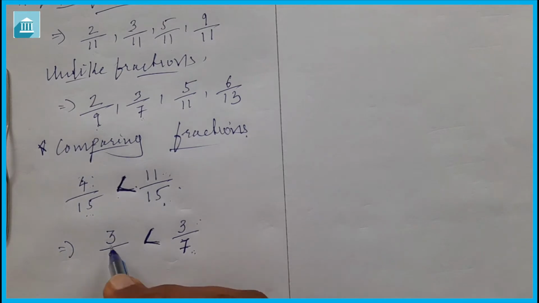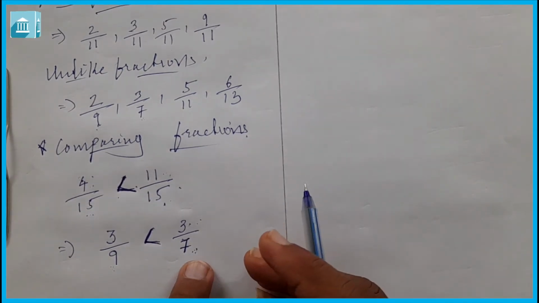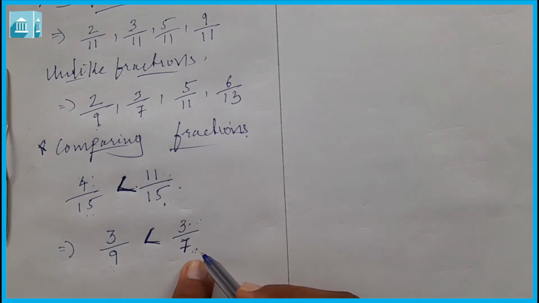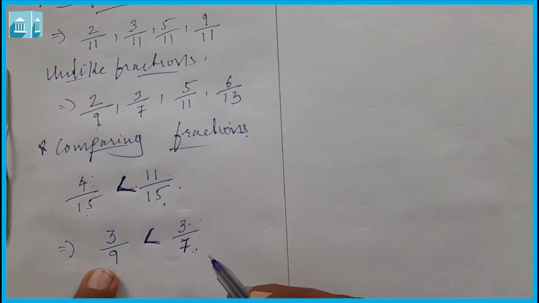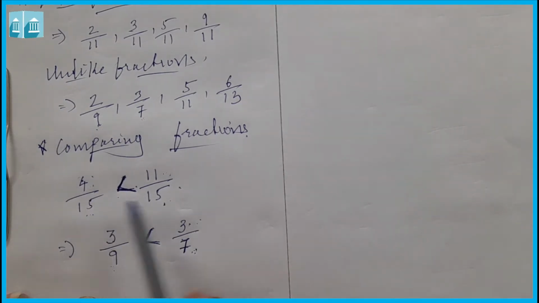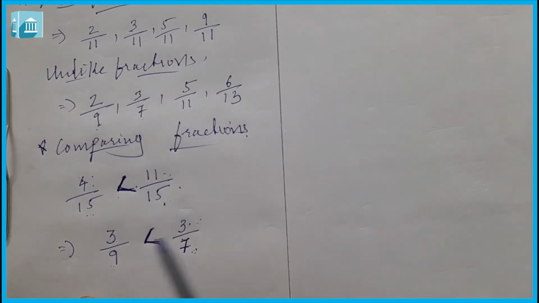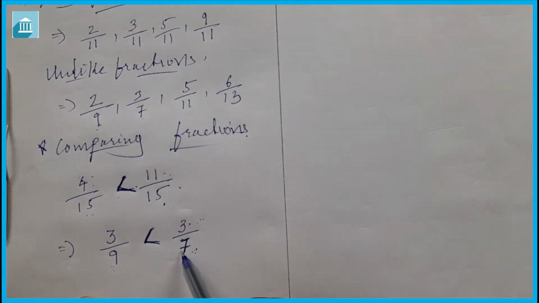यानी कि जब न्यूमरेटर सेम हो, डिनोमिनेटर डिफरेंट हो, तो जिस फ्रैक्शन का डिनोमिनेटर छोटा होता है, दैट फ्रैक्शन इज ग्रेटर देन द फ्रैक्शन हुज डिनोमिनेटर इज ग्रेटर. इन डिनोमिनेटर जब सेम हो तब जिसका न्यूमरेटर बड़ा हो वो फ्रैक्शन बड़ा होगा. न्यूमरेटर जब सेम हो तब जिसका डिनोमिनेटर छोटा हो वो फ्रैक्शन बड़ा होगा.